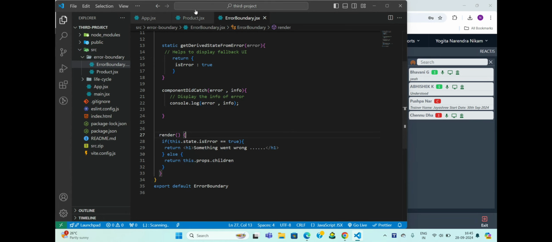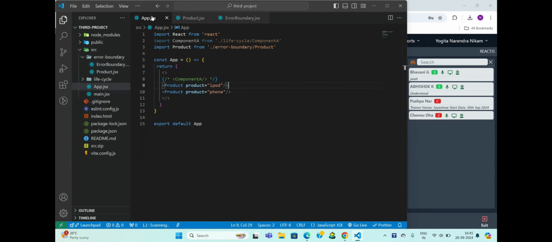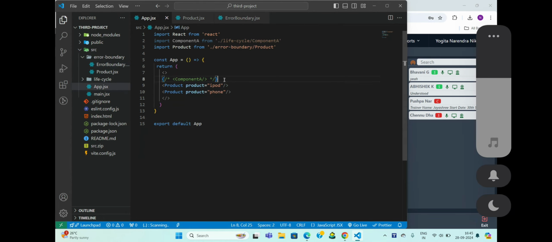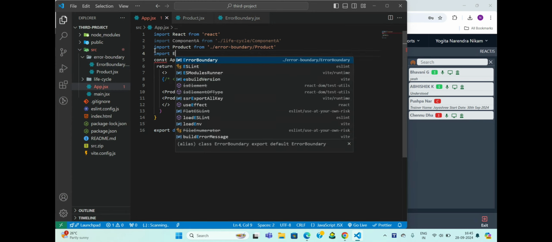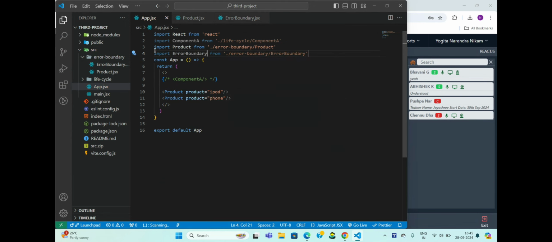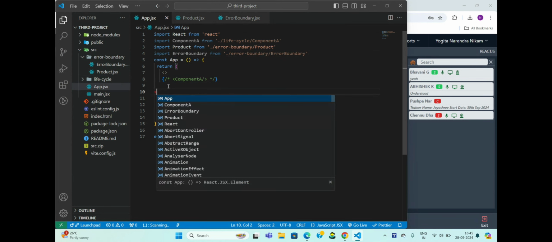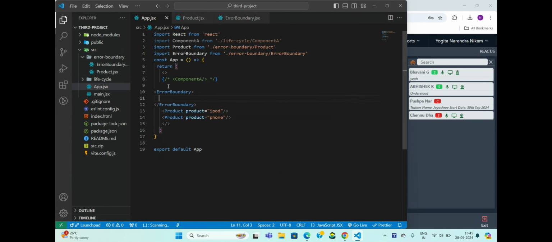Okay, so now let us go back to our App.jsx. Now the thing is, how will this error boundary understand whether there is an error or not? For that purpose, you first have to import the error boundary here, and wrap the components inside the opening and closing tag of the error boundary.